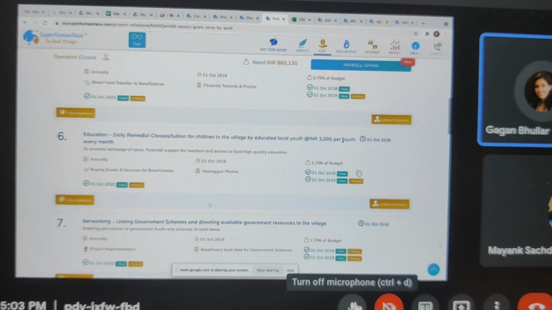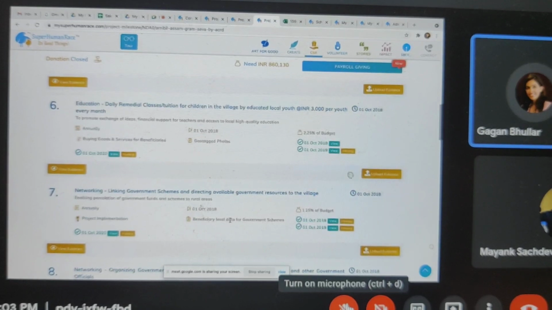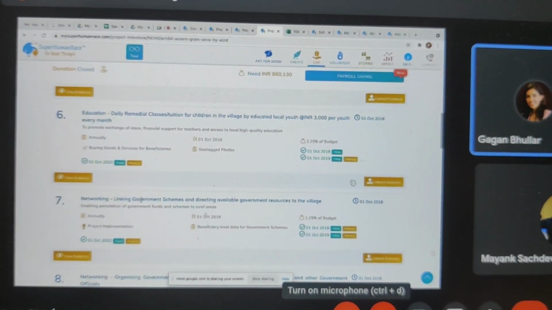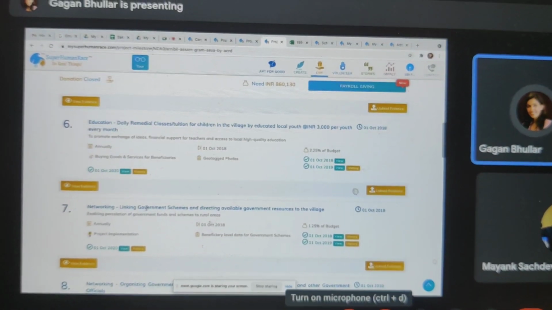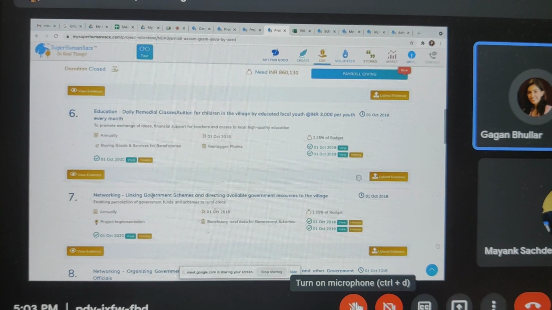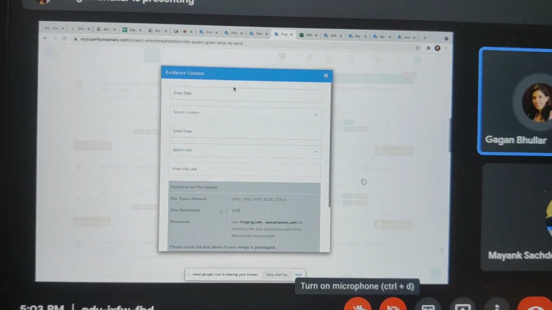In some cases, partners will also upload additional evidence. So here, for example, it was beneficiary level data, but they may want to also add some narrative about what was actually discussed in these meetings. Were there some key outcomes? For which metrics are being tracked on the platform and so on. So they can upload that additional data also. And it is, again, easy to do.